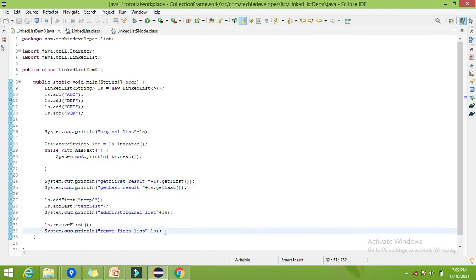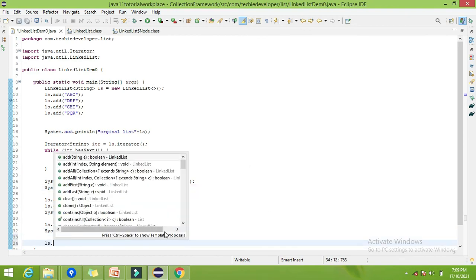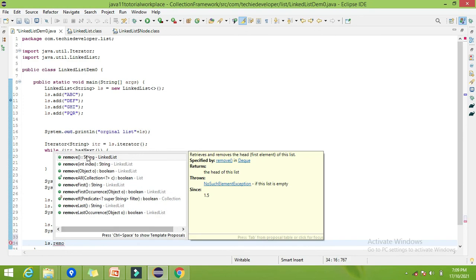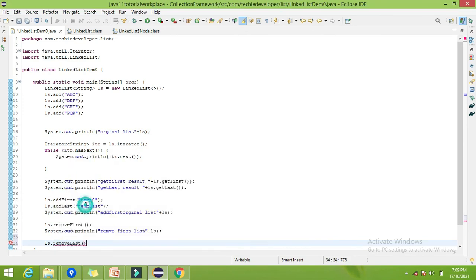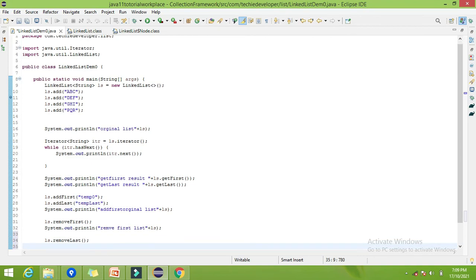Now the next method is removeLast. Now try to print this.